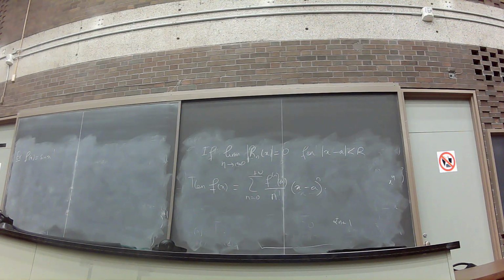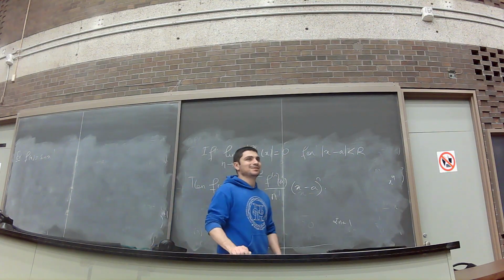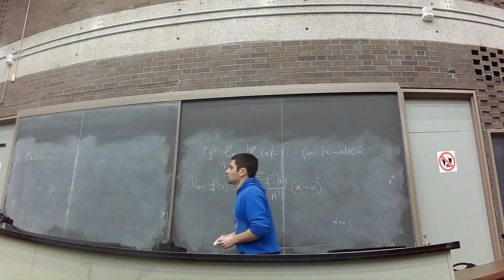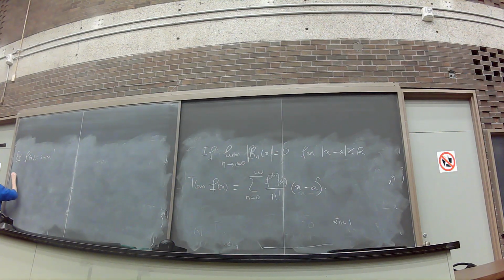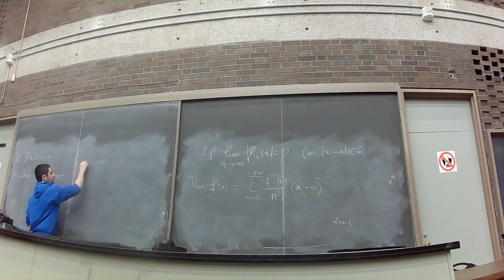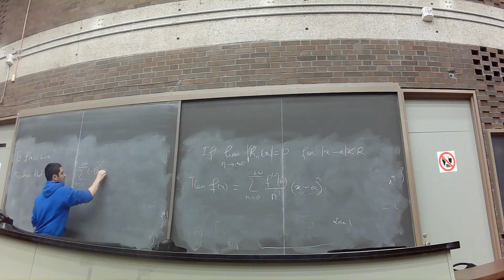Okay. Should we do an example or not? Yes. Let's do an easy example. f of x is sine x. What is the Taylor polynomial of sine x? What we have seen is how to show that sine x is equal to the sum from n equals 0 to infinity of minus 1 to the n